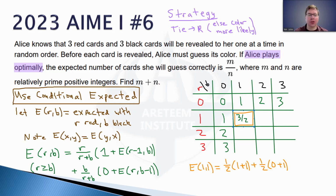Now, what if we do something similar moving on, right? So let's move on to a different box here. What if we want to find now E of 2, 1? We can use the same formula, right? So in this case, there are 2 red, 1 black. So there's a 2/3 chance Alice is correct. And now we get rid of one of the cards that are red. And so we have 1 and 1 left. So we shift up to this 3/2 scenario there. Otherwise, we shift with a 1/3 chance, 0 plus shifting left. So we have a 2. And so if you do this calculation, 2/3 times 5/2 plus 1/3 times 2, we are going to get 7/3